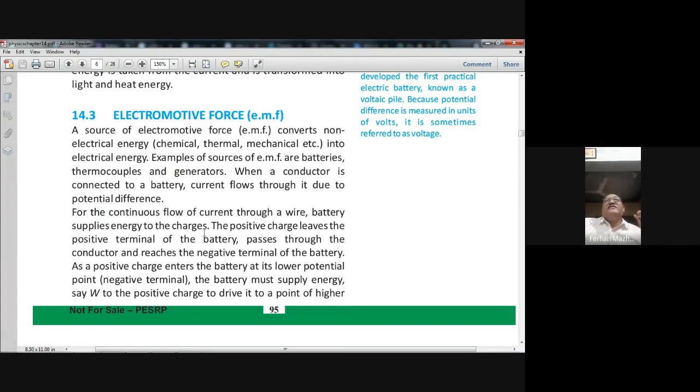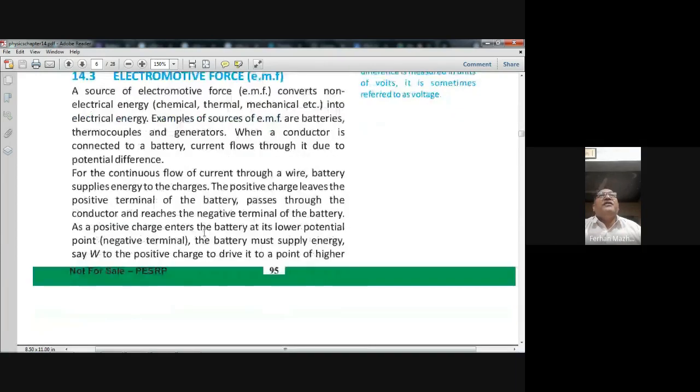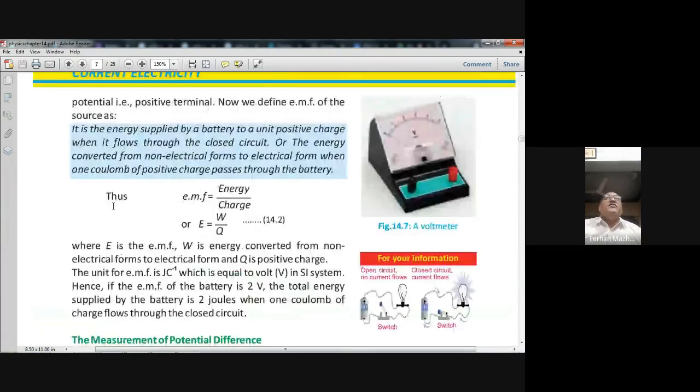The positive charges leave the positive terminal of the battery, pass through the conductor, and reach the negative terminal of the battery. As a positive charge enters the battery at its lower potential point, the negative terminal, the battery must supply energy, say W, to the positive charge to drive it to a point of higher potential, for example the positive terminal. Now we define EMF of the source as